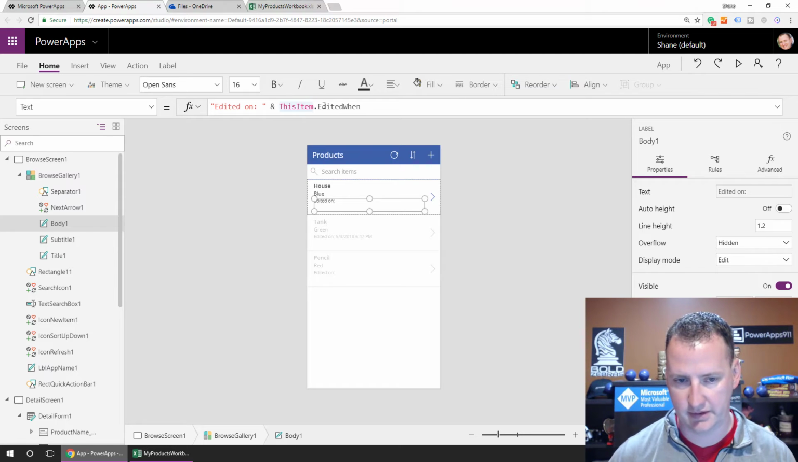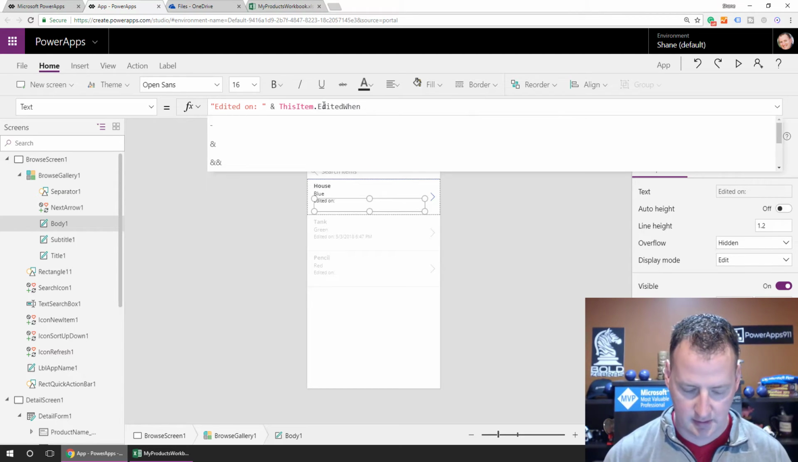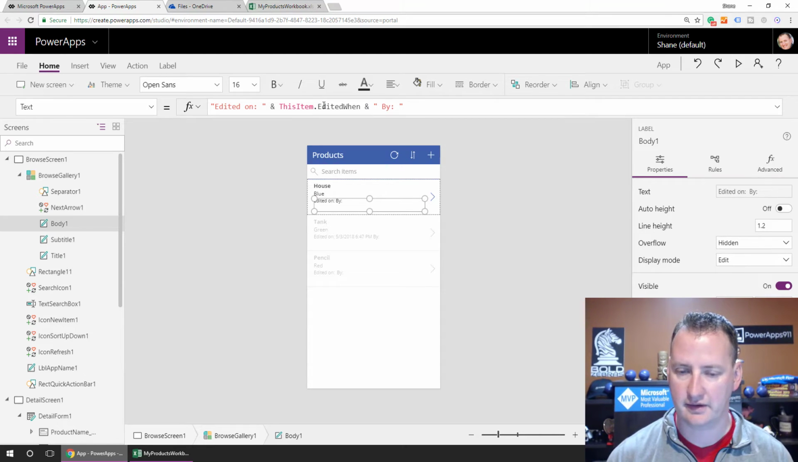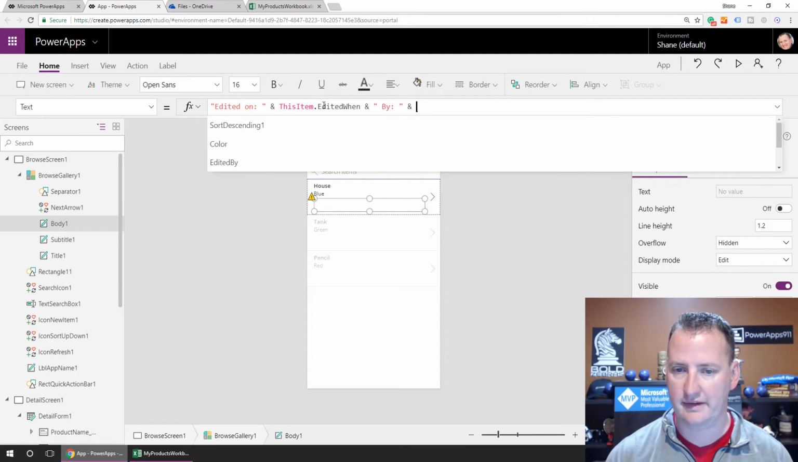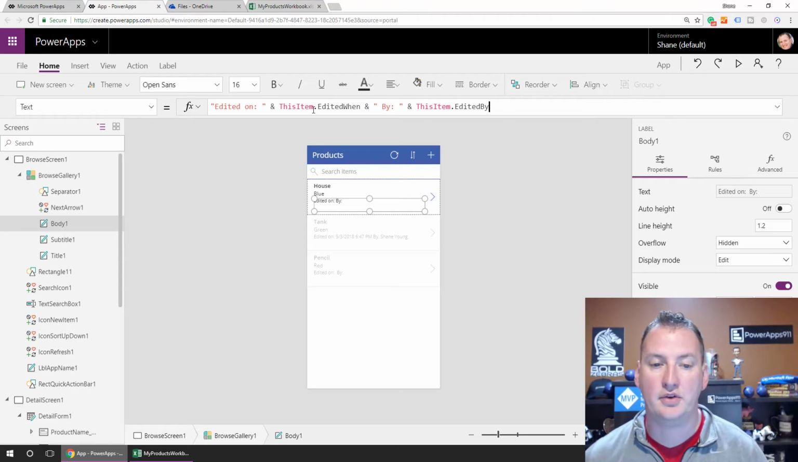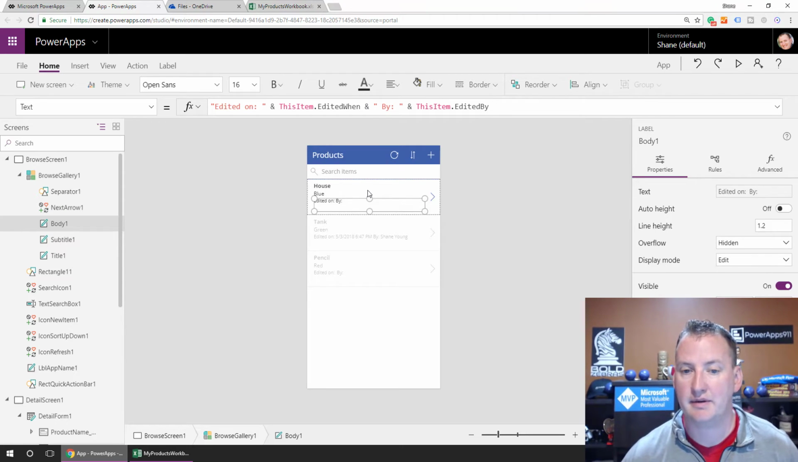So it puts that information in there. And then we'll do another concatenate, and we'll put a space. We'll say "by", like so. And then this item dot edited by, right? So this item just represents the current item in the gallery. And so this is just returning the edited when